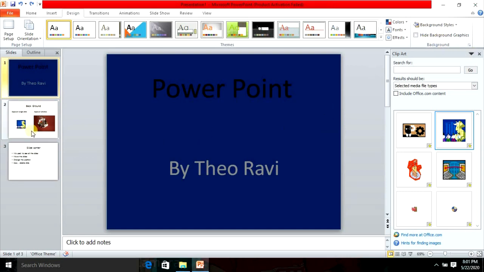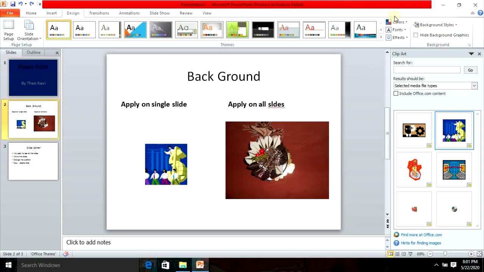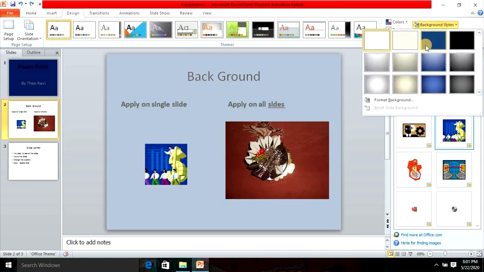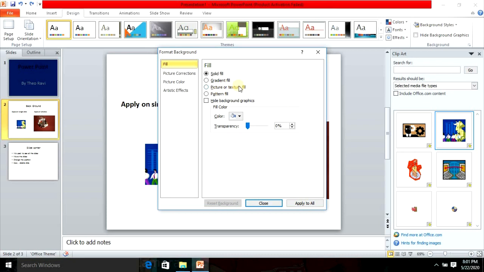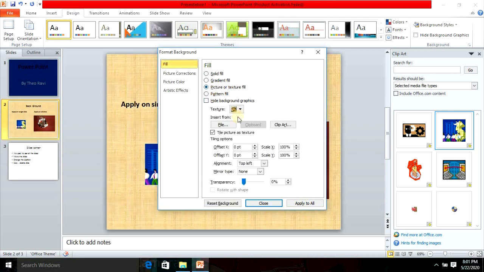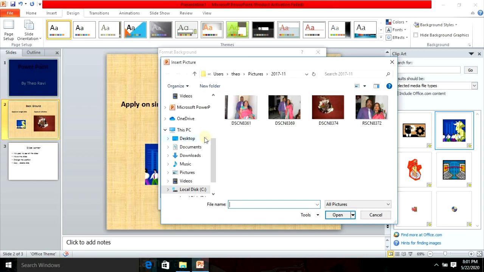Now let's see the next slide. Again I go to the slide. I want to insert a picture as a watermark. Is it clear? Now file, from where I want to insert. I have a lot of files with me.